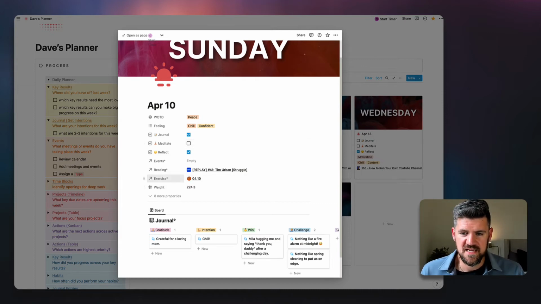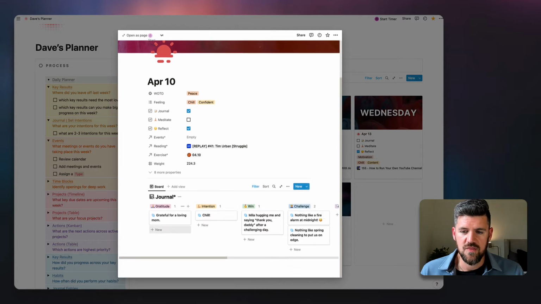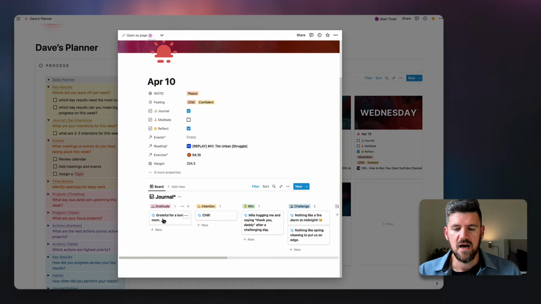Also, exercise, weight. And then if we get into journal, there are 4 key categories of journaling that I found encapsulate the notes I add; they tend to fall into one of these 4 categories. Gratitude and intentions tend to happen in the morning, so those are AM journal entries. And then wins and challenges are more toward the end of the day. As I'm closing out the day, I log at least 1 win and 1 challenge.